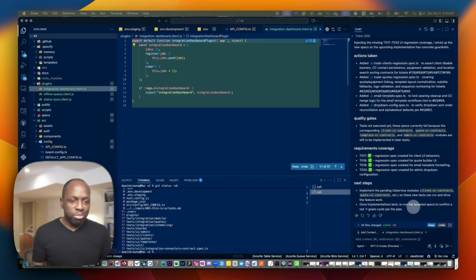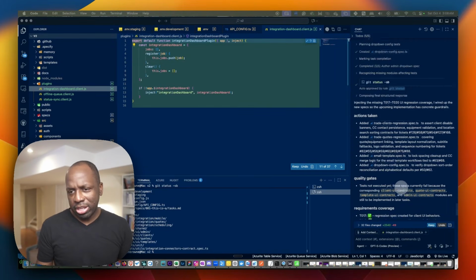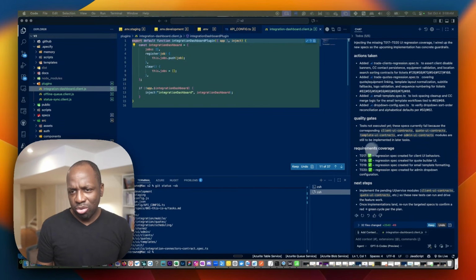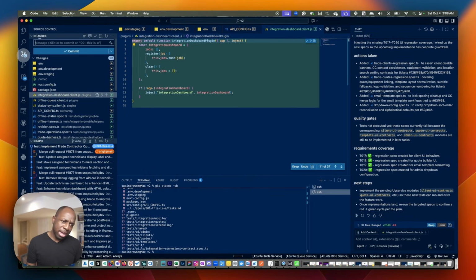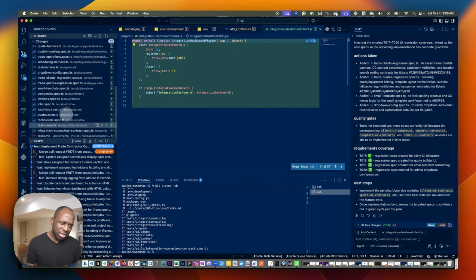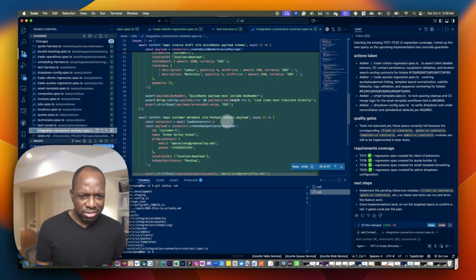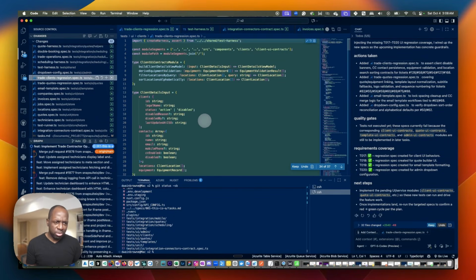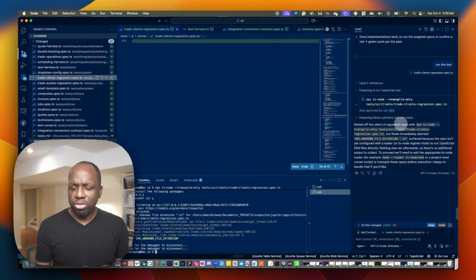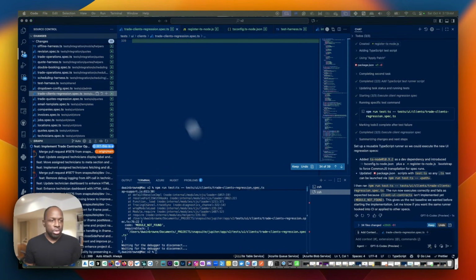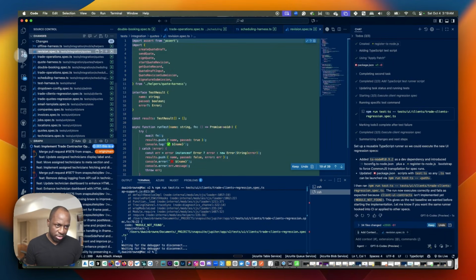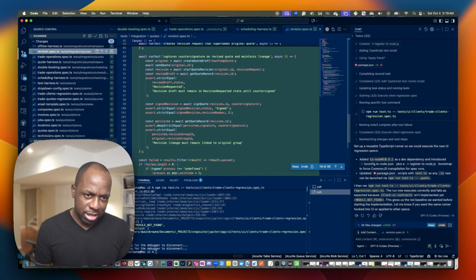Okay, so we're basically 2 hours into this thing, and we got this requirements coverage added. I got another 28 files that have been changed, updated. We got a bunch of tests. So let's just run the test and see what happens. It says the regression suite fails because it isn't configured properly. Yes, please handle it. Okay, so I'm left with another 35 files that has some tests that do some things